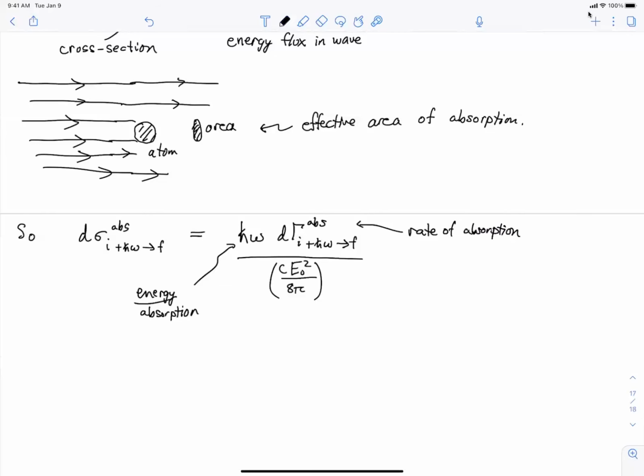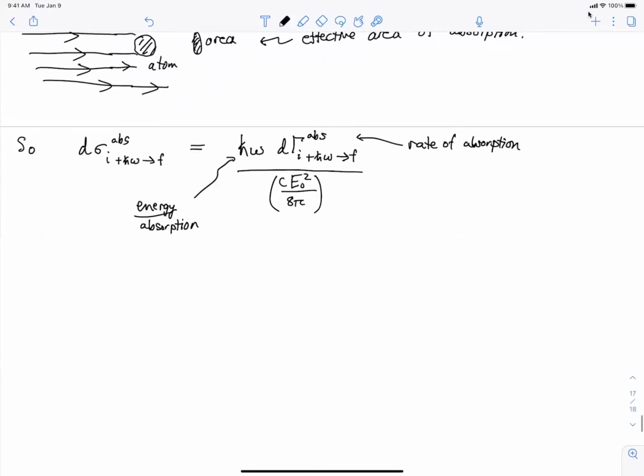So in this quantity, E0 is canceled out between the numerator and denominator. And so that's good, because then you don't have to quote an answer for this. The experimentalist doesn't need to tell you exactly, to so many significant digits,